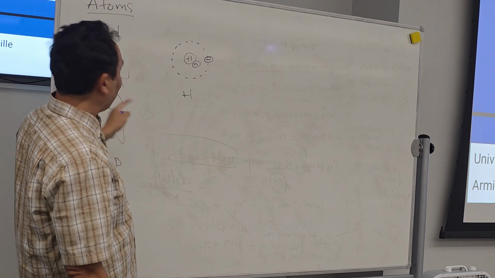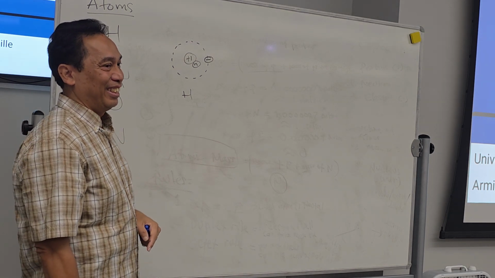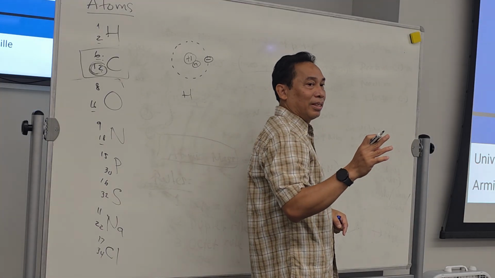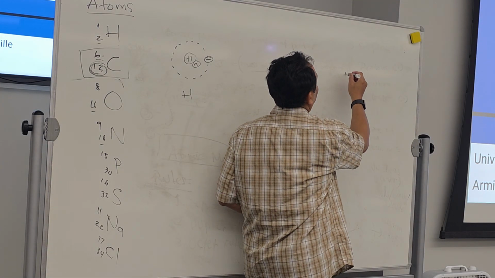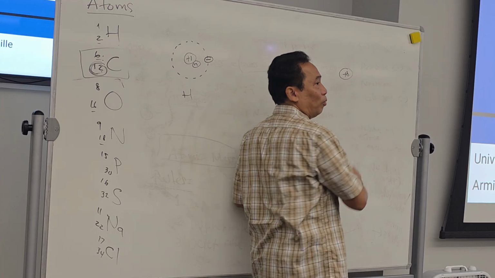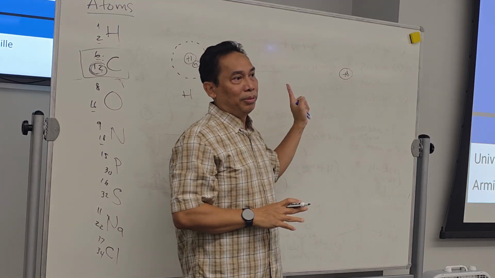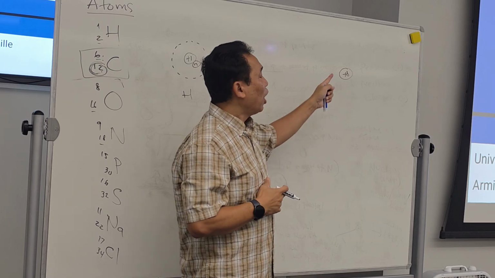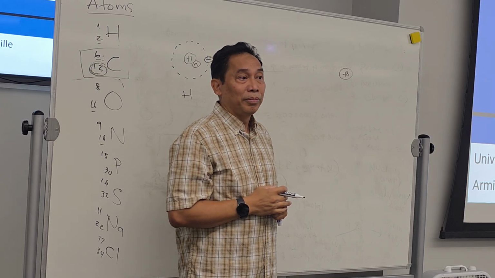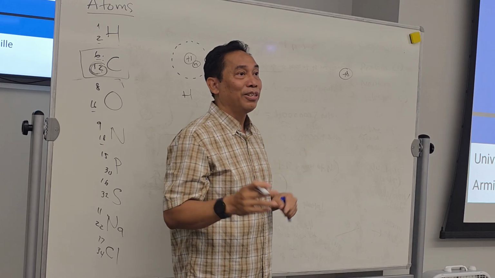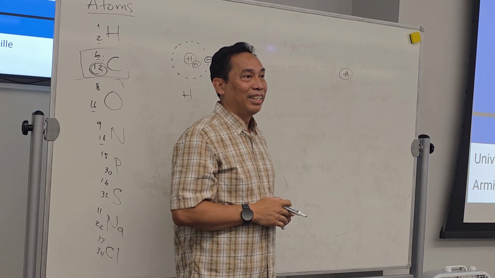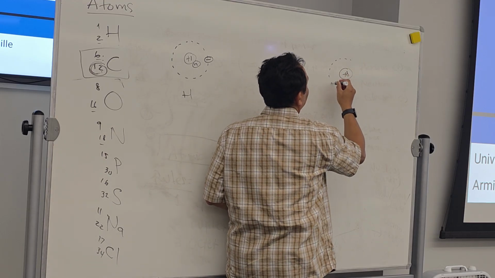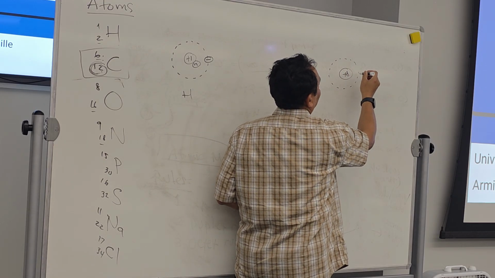Let's use oxygen here. Okay, oxygen. Gonna put here. How many protons? 8. Don't worry about neutron, we will not put neutron, but if it is 16, it's going to be also 8 neutron, right? Now, how many electrons? 8. Now follow the second rule. What does the second rule say? Only 2 in the first shell, right? So you can only put how many electrons over here? Only 2.